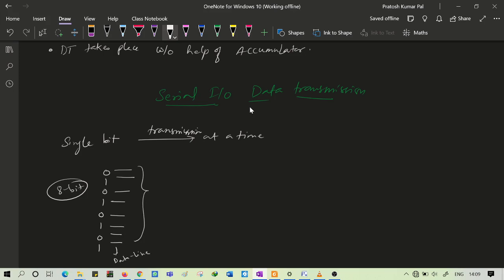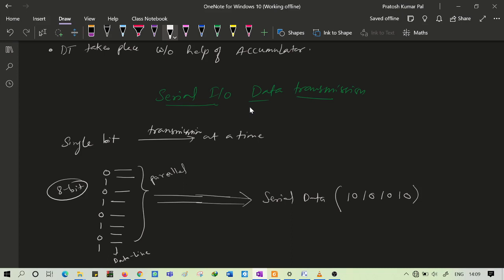But in case of serial transmission, what we need to do is convert this parallel data to serial data. Serial data will be like the first bit is 0, then second bit is 1, 0, 1, 0, 1, 0, 1. So this is called your serial data.